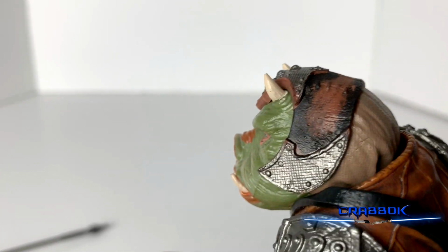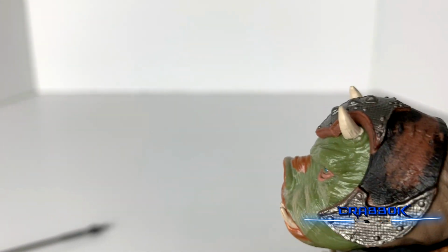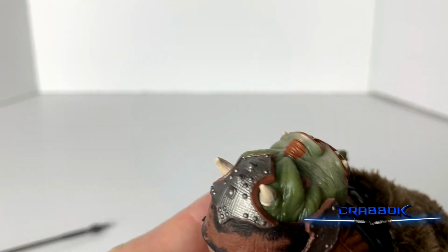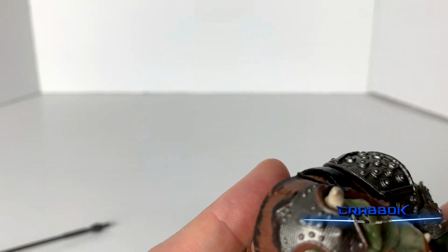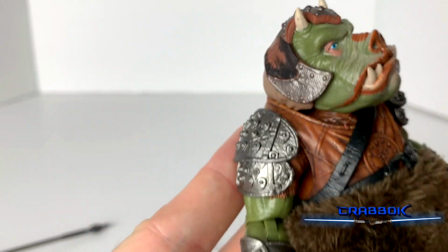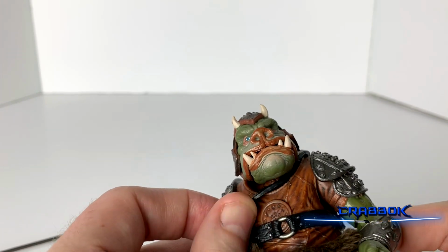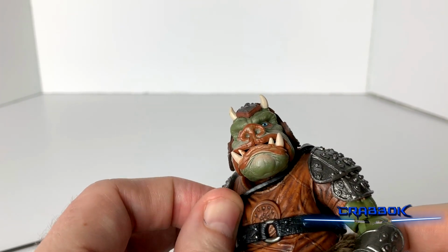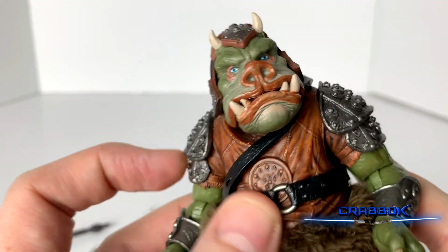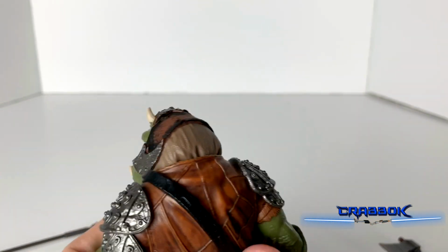On the helmet armor, we're getting some different texture between the leather and then the metallic parts, as well as metallic paint where it should be. So that looks really nice. This top of the helmet looks really good as well. I really like that. As we move down to the chest, there is a mobile belt here that does come off, and we can see the detail underneath. Looks very good, and I like that this belt moves,